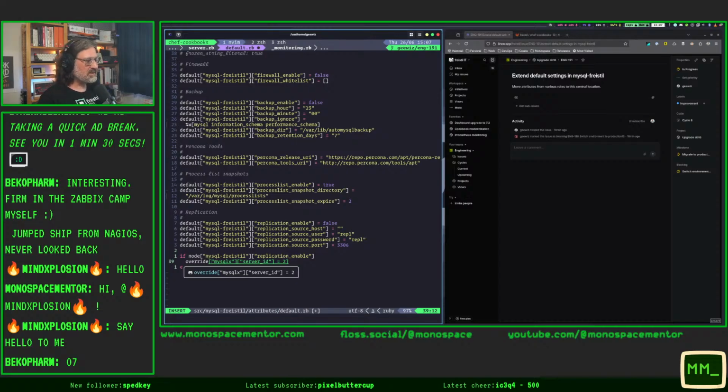But I think in this case, if we want replication enabled, there's no way around setting the correct settings here, and we should actually make it hard to break them. And so in this case, I'm not going to use the default method to set this, but the override method. And in this case, we need to set MySQL bin